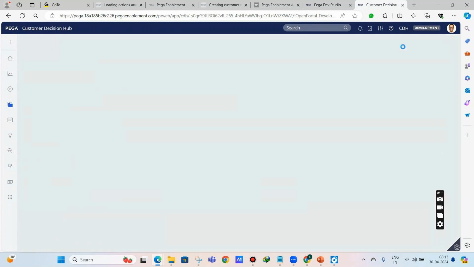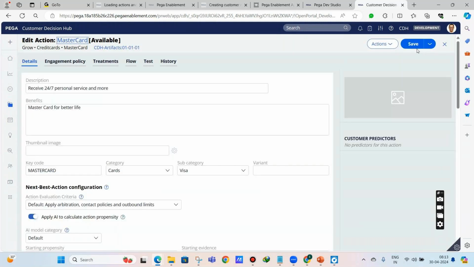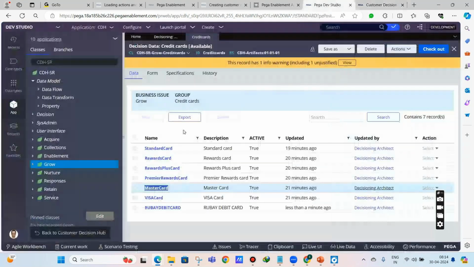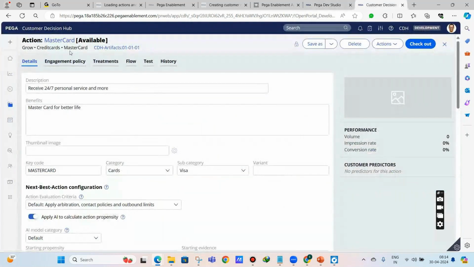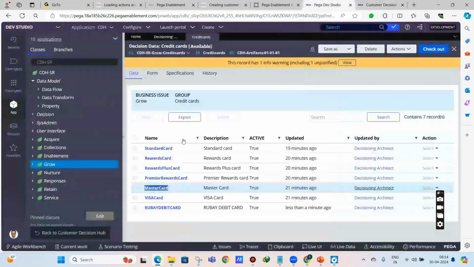So for example, you have created some propositions which are used mainly for logic, that is in strategies. It is used mainly in strategies, but propositions cannot be sent to the customer. Now if you want to send those propositions to the customer, we have to create a matching action for that proposition. So now I have created an action called Mastercard, with the same case, M capital C capital. Then Pega will automatically link this proposition with this action,